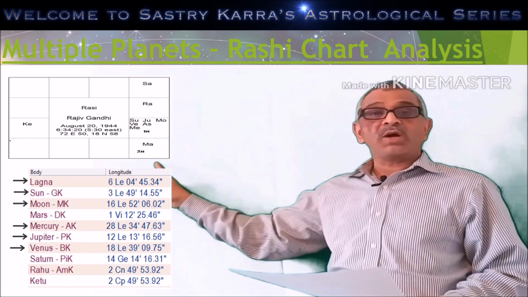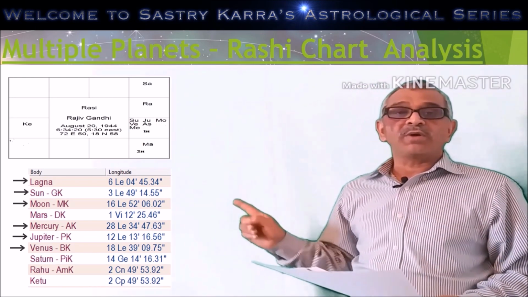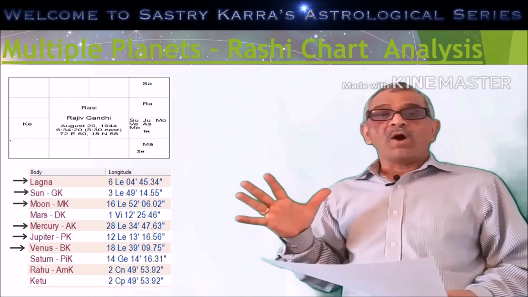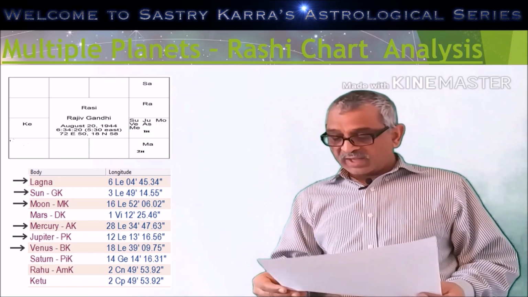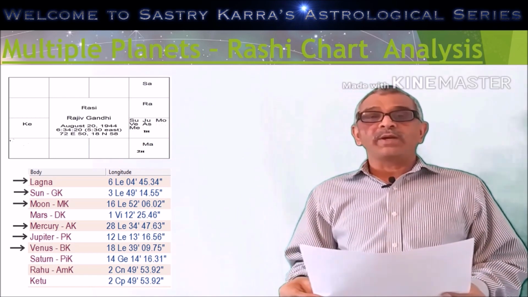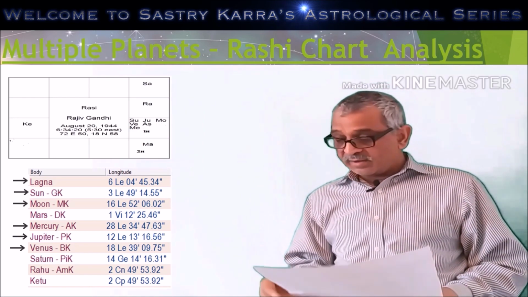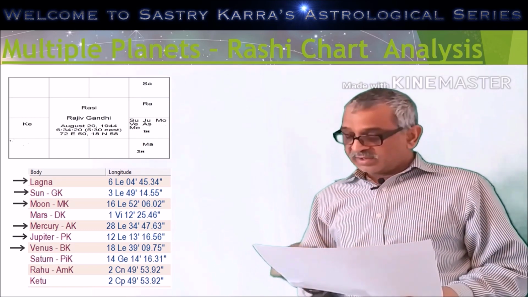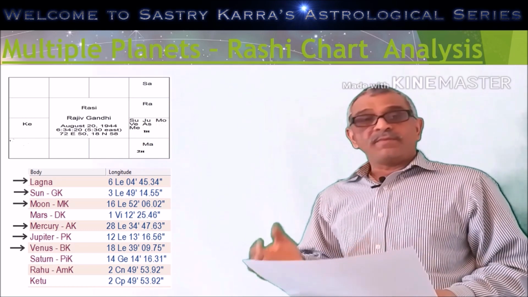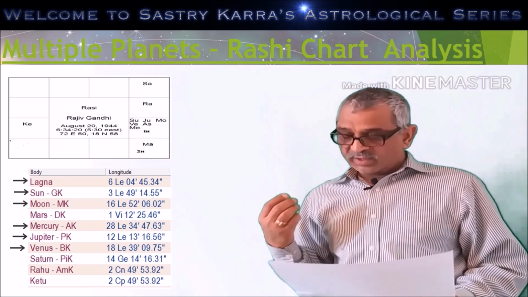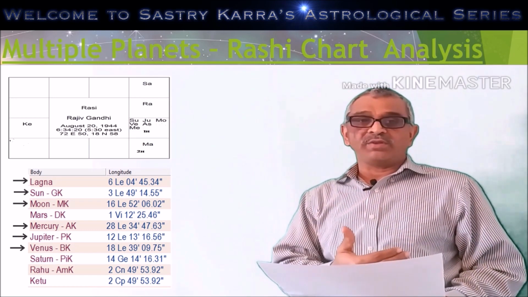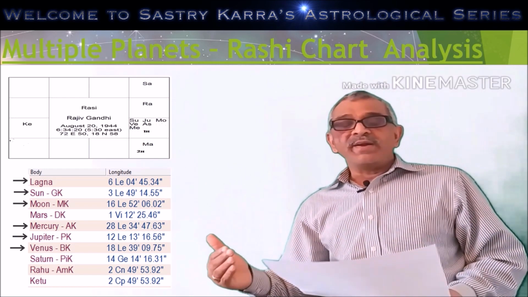If you look at the chart, you can see that there are 5 planets all together in one house, apart from the Lagna, whatever the ascendant is. So let's now look at the inclination of these 5 planets. The house lord is Sun, and Sun is at 3 degrees inclination. That means the Sun is in Rashi Sandhi. So there is no guarantee.